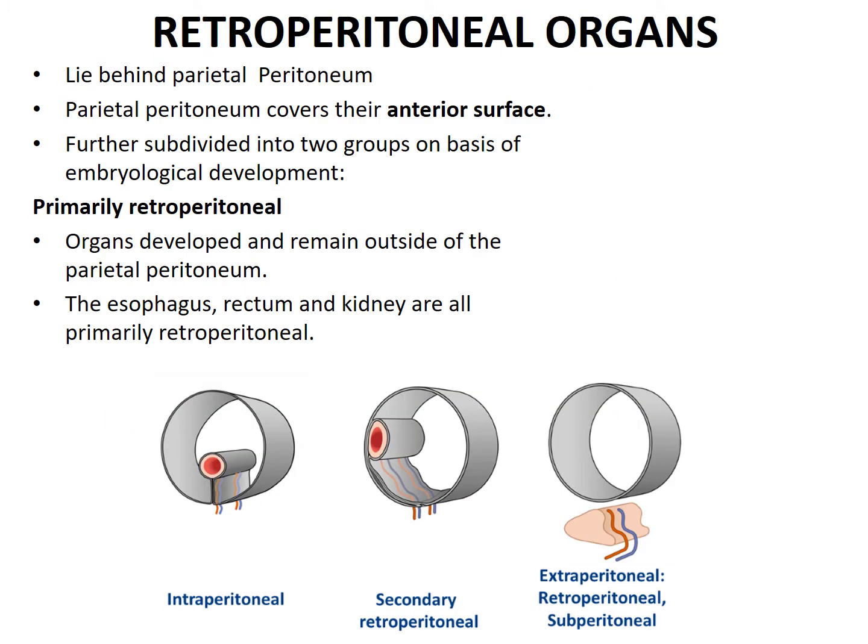Retroperitoneal organs are those which lie behind the peritoneum and are only covered on the anterior surface by the peritoneum, like we can see in these two pictures. Such organs are divided into two groups. The primary retroperitoneal organs are basically those organs which have developed from that area which lies behind the peritoneal layer or the coelomic membrane. And such organs generally develop from intermediate mesoderm,